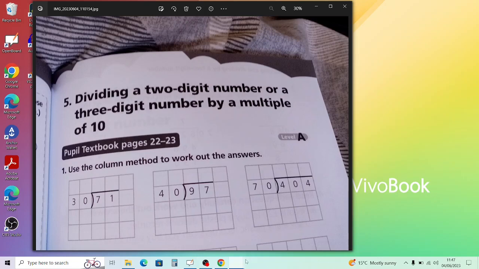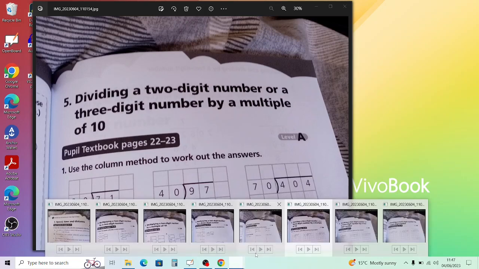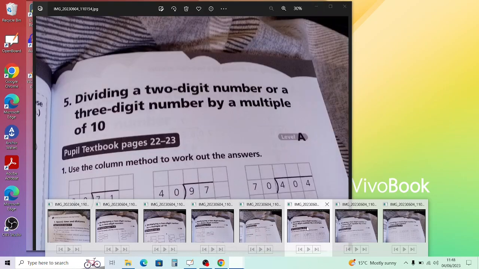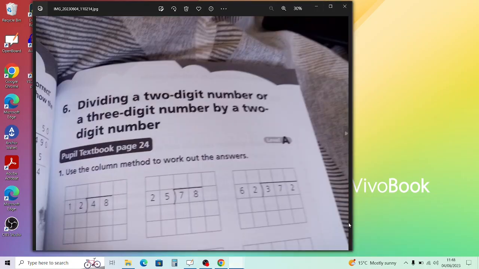Moving on to the next one, which is part 6, dividing a 3-digit number by a 2-digit number. So again, similar to the last one, exactly the same technique is used. 1248, that should be fairly straightforward if you know your 12 times table, so you just go up in that. And even if you don't know your 12 times table,